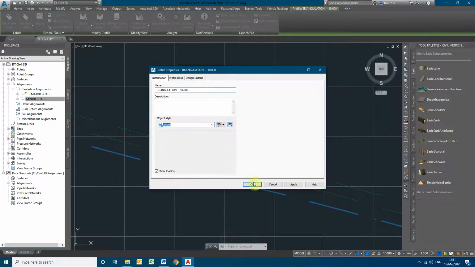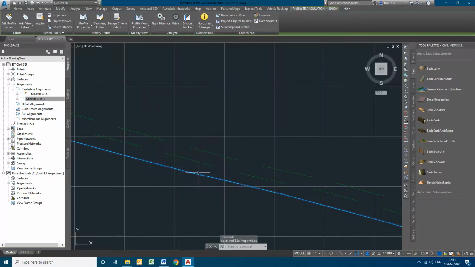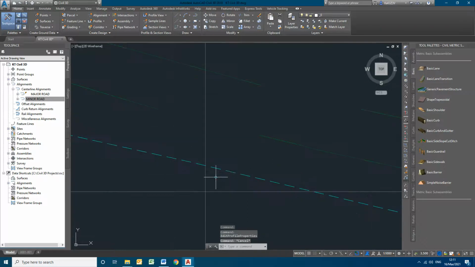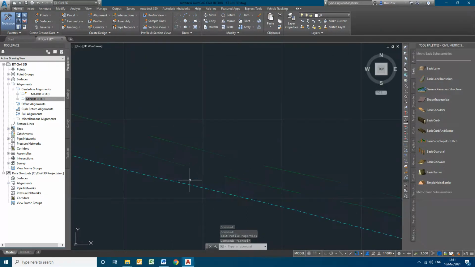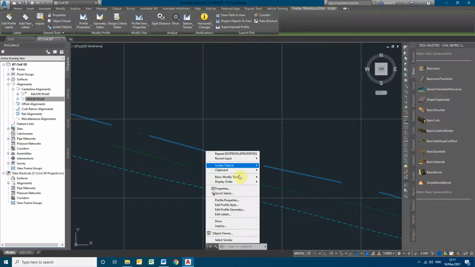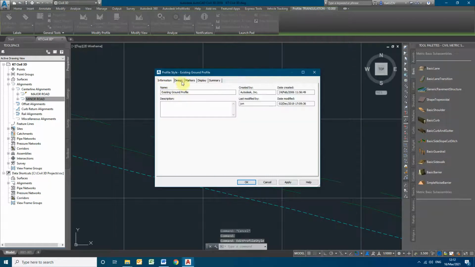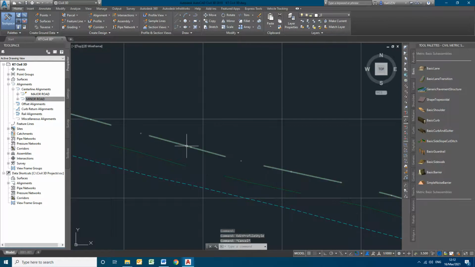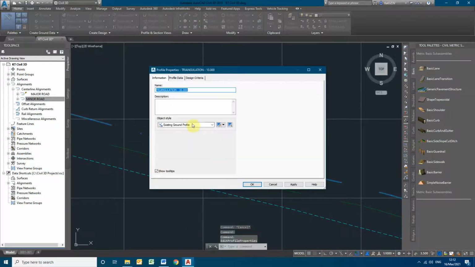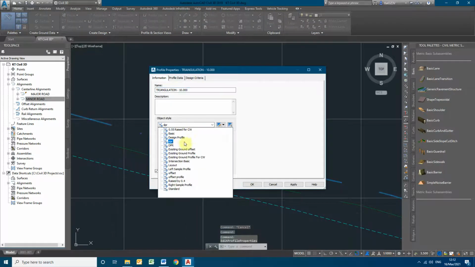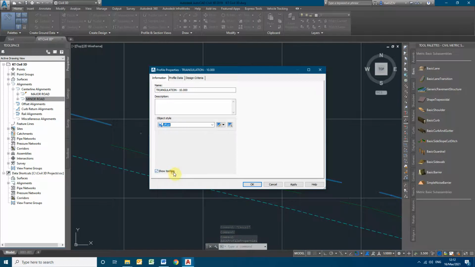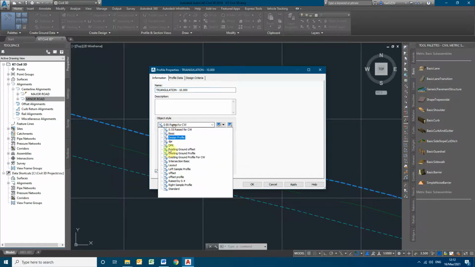So for our understanding purpose, I will be making the offset profile style set. So now a different color will be assigned to this. You can see the dotted cyan color line. The similar way I will be making a different style for the object style. So I will make simple offset profile.